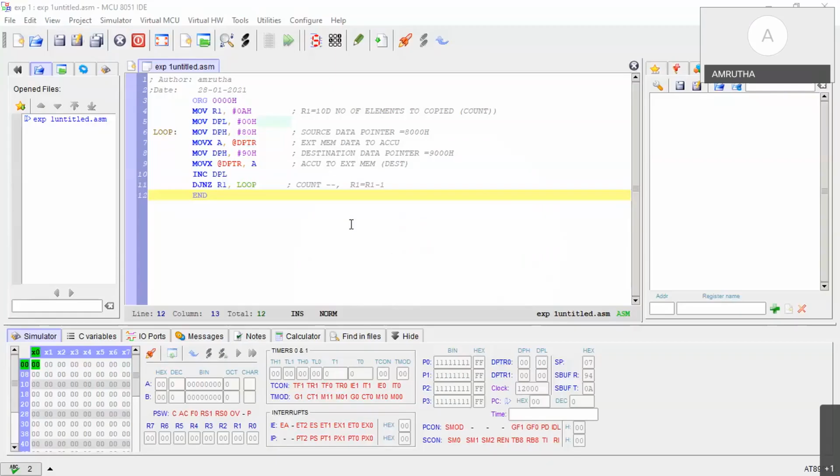You can. Is it visible? Yes. Yeah, program is correct. Just showcase your memory space.